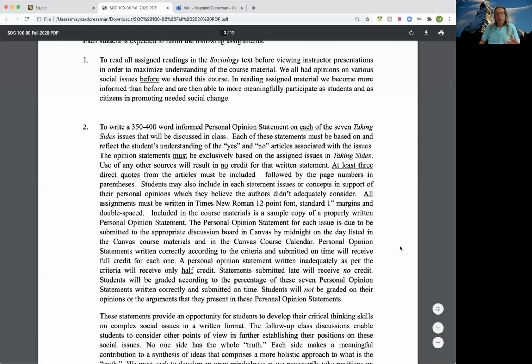Now, I know you're thinking, man, are you particular? Don't you think you're being a little too picky with all these things? Oh, I will take points off. You only get half credit if you miss even the page numbers. And here's why.